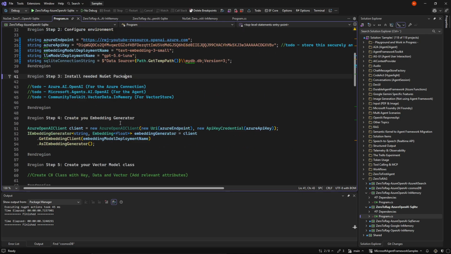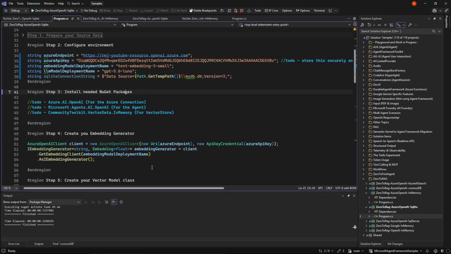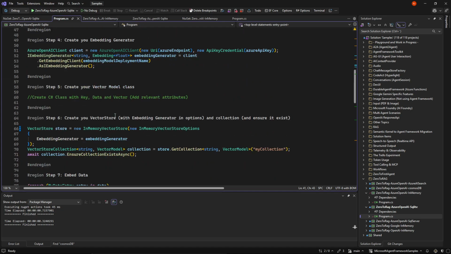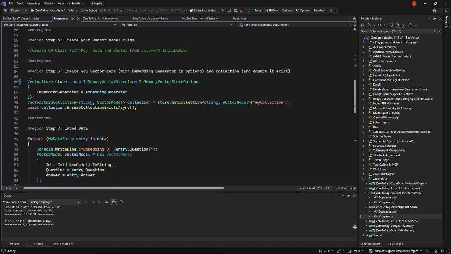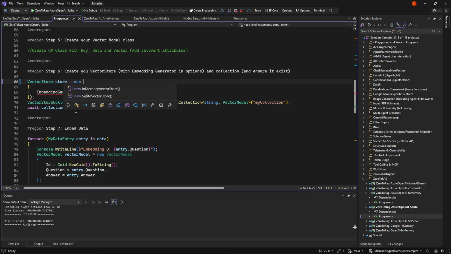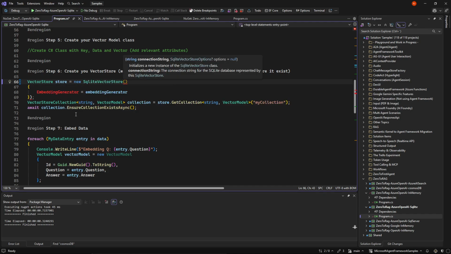So now you might think we need to do a lot of tweaking, but actually the only place we need to go is where we define our vector store. And instead of an in-memory vector store, we're simply going to say a new SQLite vector store. And the other one didn't really take any parameters because it was just in memory.